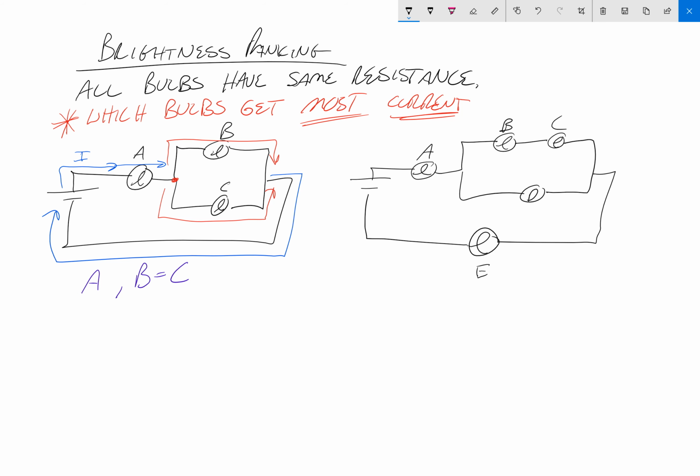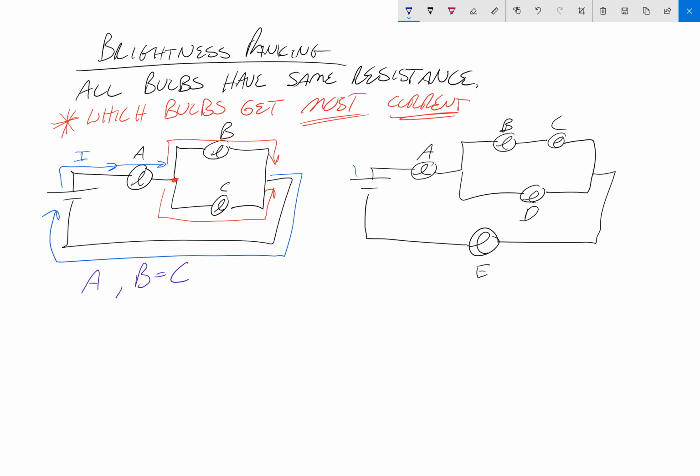So please take a second to really visualize the current flowing through this circuit and decide who gets the most, who gets the least. Pause the video if you would. And now you're back. Or you never left. I'll never know. But either way,